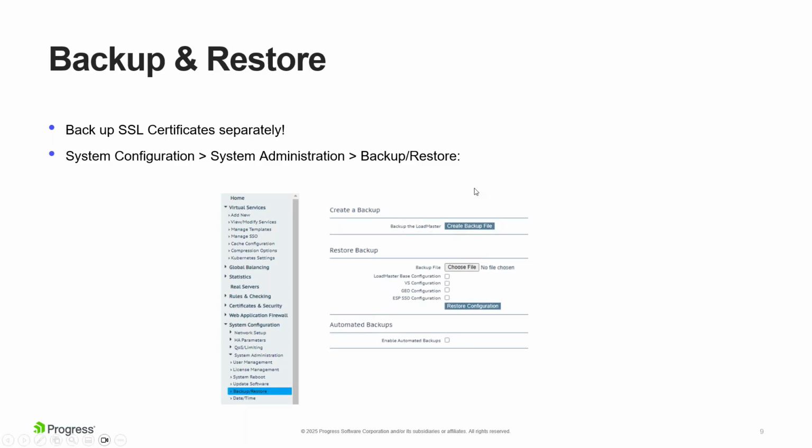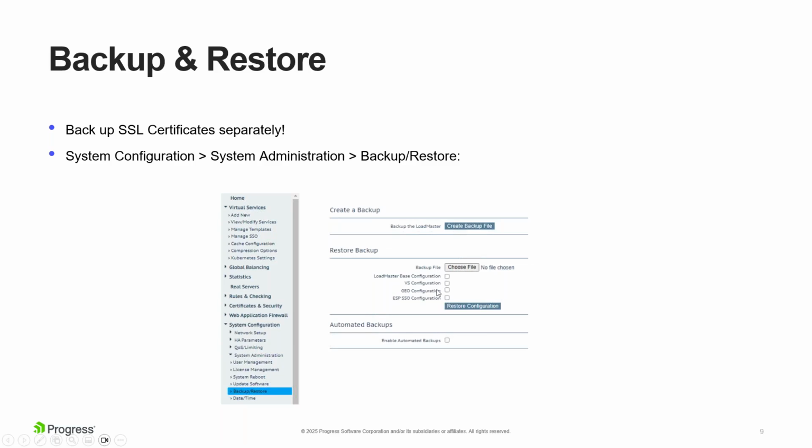What you need to know about backup and restore, there are two backups you can take of a load balancer. One is the SSL certificates, and the second one is the config. The config involves your base configuration. That means all your settings in the load balancer, all your IP addresses, all your ACL control lists, and so on. Then the virtual service configuration, which means all your VIPs you host on your load balancer, including content rules for them and so on.